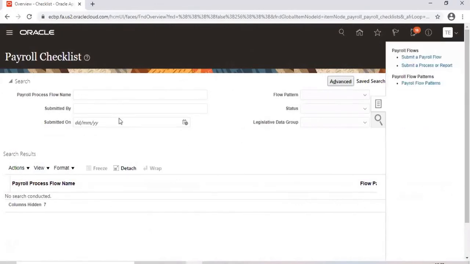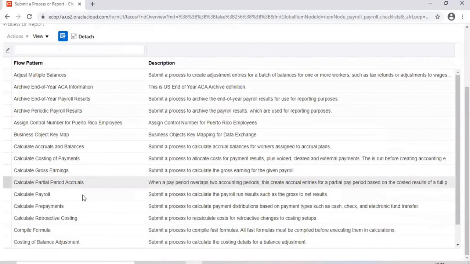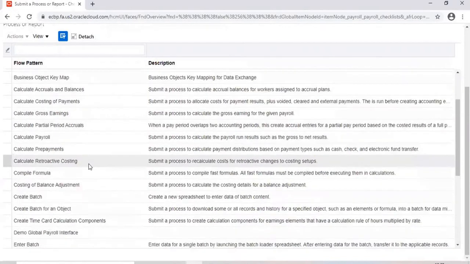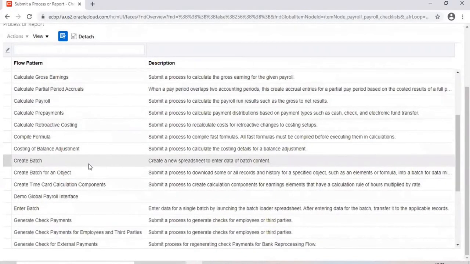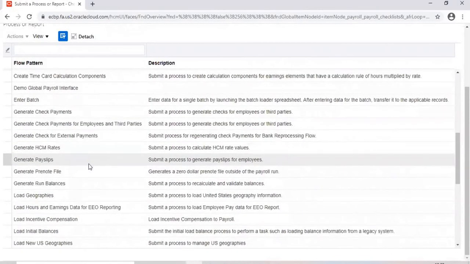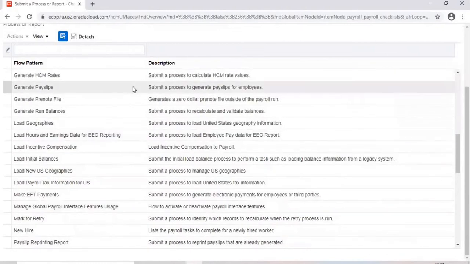Then you have calculate payroll, calculate prepayments. Then you have archive payroll result, periodic payroll result, archive periodic payroll result. I will tell you what each process takes care of. After you run it, you can generate pay slips.